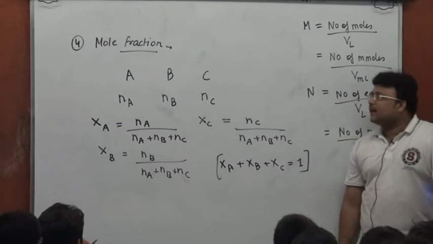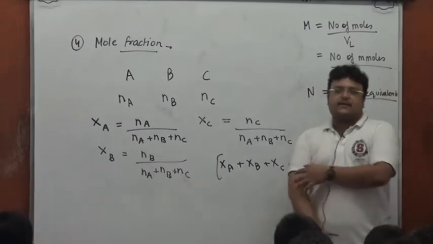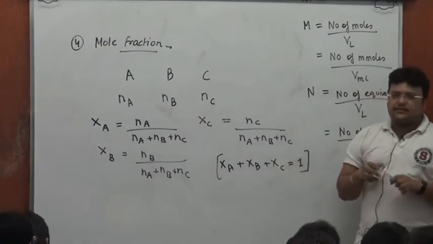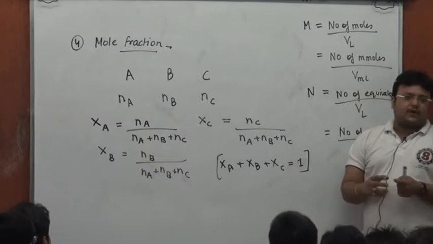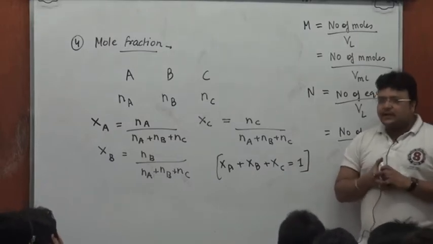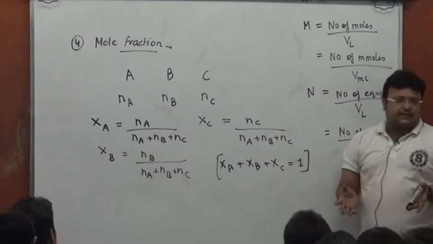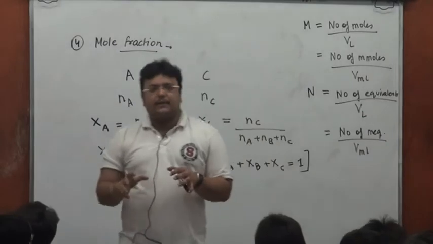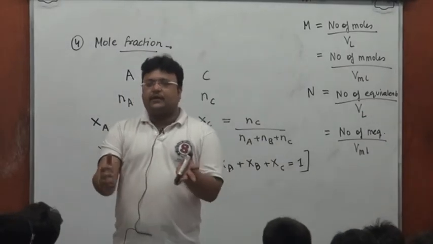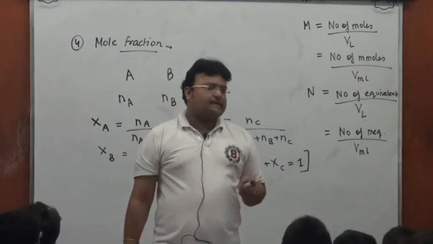Now normality, molarity and percent strength will be very common units in all chemical stoichiometry problems, because when we talk of a problem involving sulfuric acid, it becomes imperative to know the concentration of the solution. Only with the molarity or percent strength will you be able to know how much sulfuric acid is in per liter or per ml of the solution. Don't you think that's going to be imperative? Yes or no?